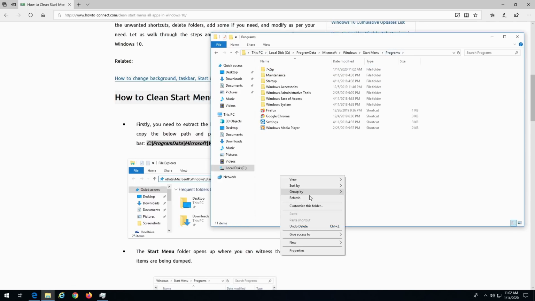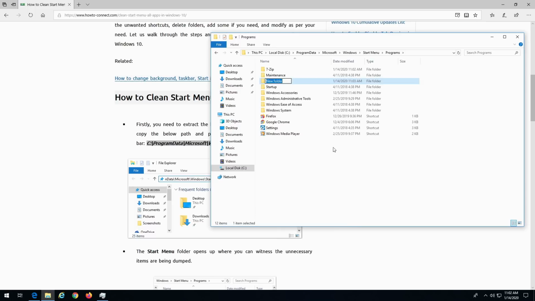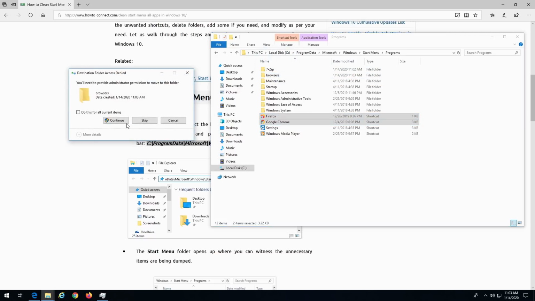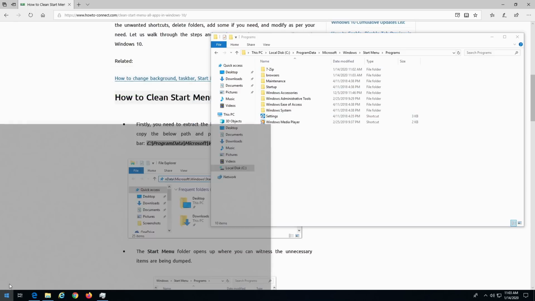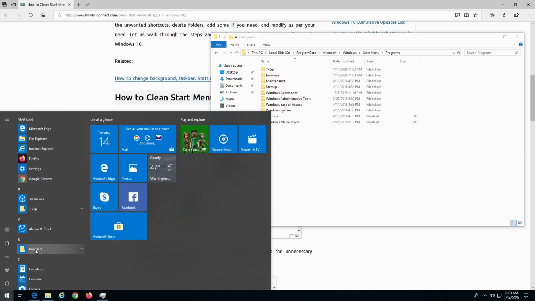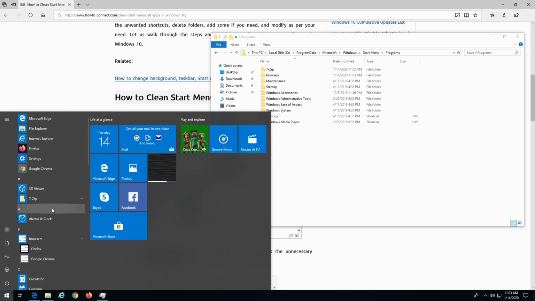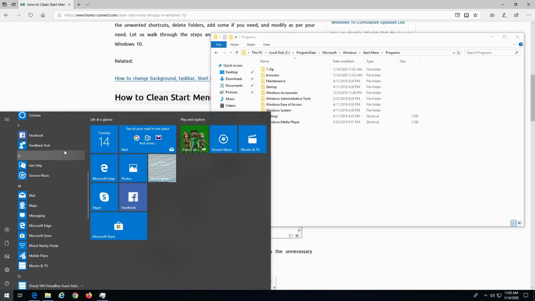I could actually come in here and create a new folder. And with a new folder created, I could call this web browsers. And I could take Firefox and Google Chrome, and I could throw these guys up here into web browsers. So it needs administrative privileges. That's nothing new. That was always the case. So now if I come into here, there should be a web browsers folder with Firefox and Google Chrome. Those icons will update themselves correctly, by the way. It's just something that's there.